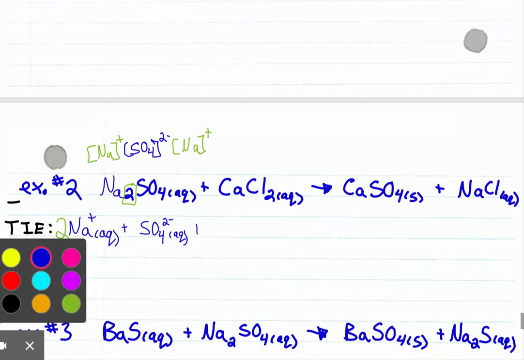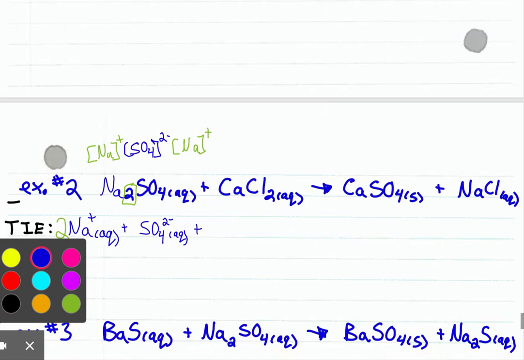And then the other thing I want to point out to you is that in the ionic compound, it is a sulfate ion, and the sulfate stays intact as a sulfate here. So we can write it out as a sulfate. The sulfate is a polyatomic, so we'll just leave it as an SO4 2 negative instead of pulling it apart into a sulfur and an oxygen. So now we have to pull apart our calcium and our chloride into ions